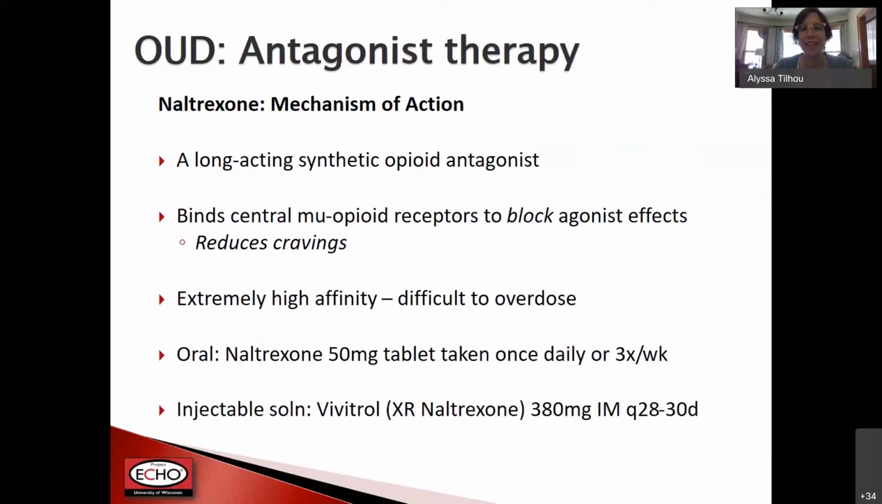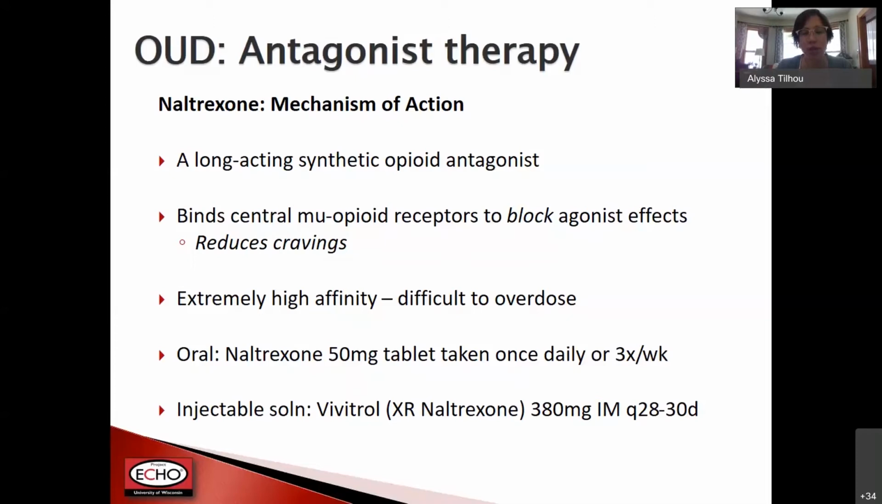So again, antagonist therapy really is talking about naltrexone, which is a long-acting synthetic opioid antagonist. It binds the central mu opioid receptors to block any agonist effect if someone were to consume an opioid on top of, while they already have naltrexone in their system. It has no agonist effects, but it does help reduce cravings. It has an extremely high affinity. It is the highest affinity for any opioid, and so it is difficult to overdose